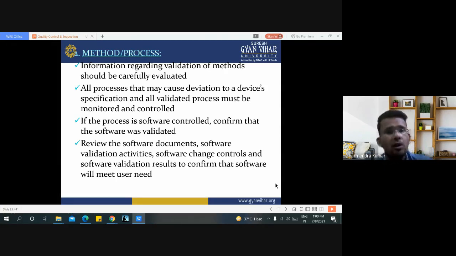And overall examine that particular type of software, and in the end we make sure that it meets user needs or not.